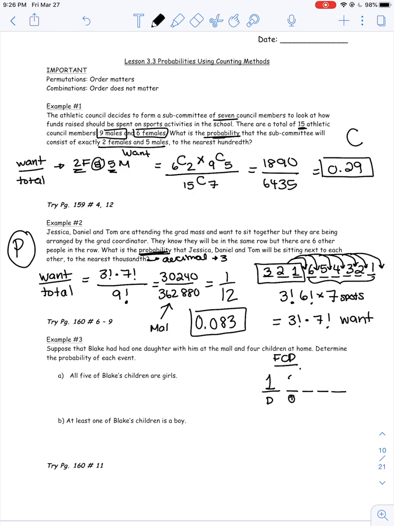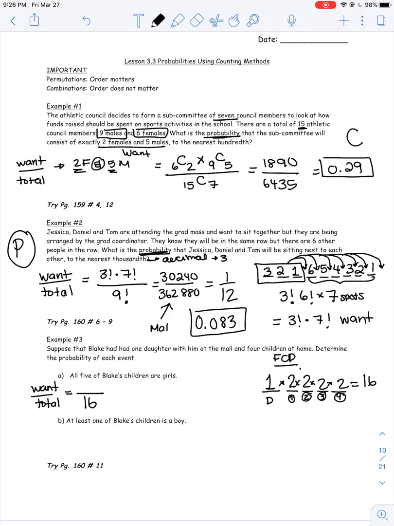Well, let's say we talk about the first kid at home. There's 2 choices. It could be a boy or a girl, so we would put a 2 there. The second child at home could be also a boy or girl, so 2 choices. Third child, same, boy or girl, and fourth child at home, boy or girl. You're going to multiply all these numbers, and this will actually equal our total, which is 16. So when we have our want over total, we're going to have 16 at the bottom because there's 16 different